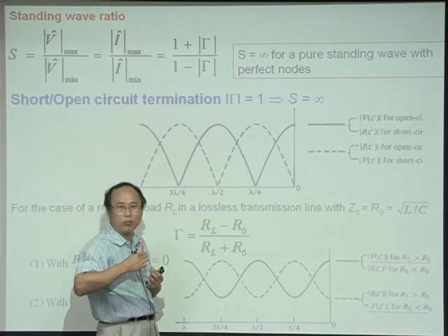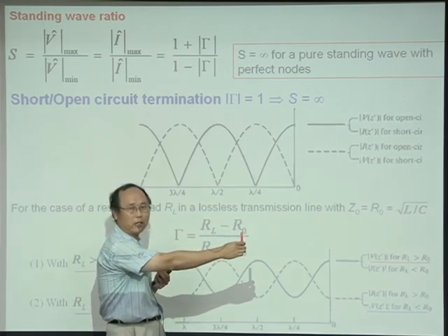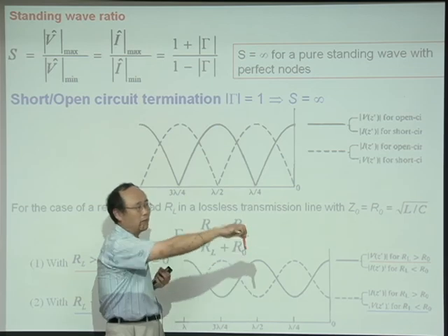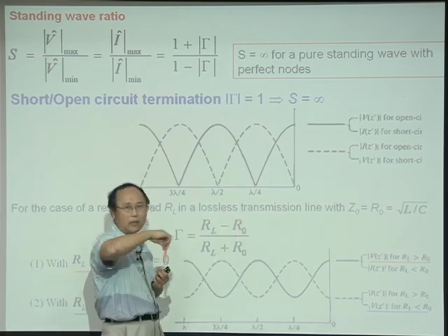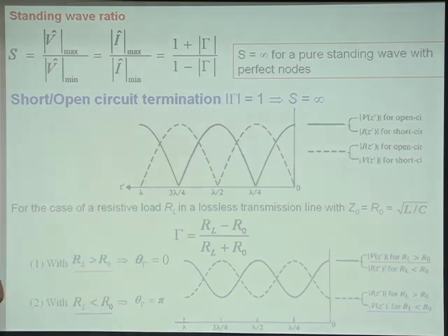But if you have a voltage propagating to a short circuit terminated transmission line, it's going to flip the phase and then propagate back. OK, 这样了解吗？因为边界条件的关系，所以这个反射的相位很重要。